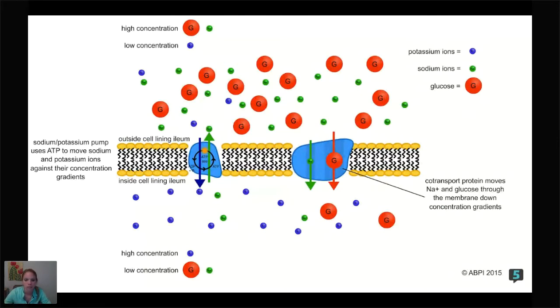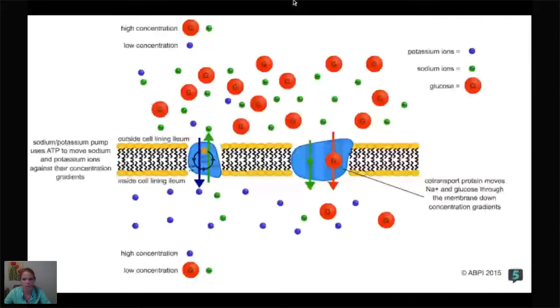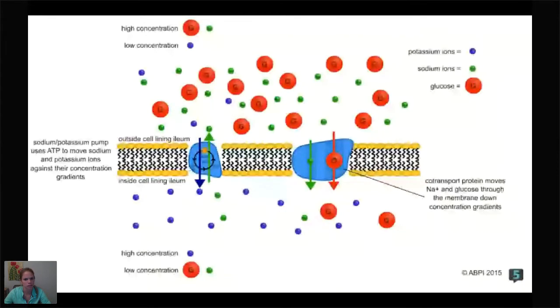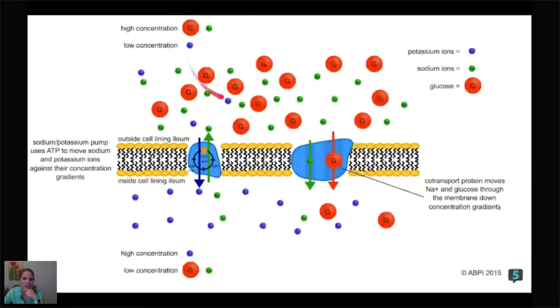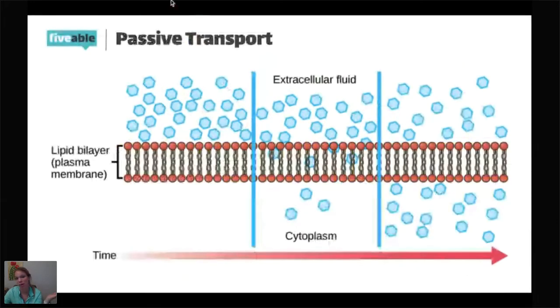Any questions about the concentration gradient? This is an abstract one, so if something pops in your head, please tell me. I really want to help you here. What questions do we have about the concentration gradient? 5, 4, 3, 2, I can't count, 1. Okay, I'm going to move on from the concentration gradient. It's done. We can never go back.